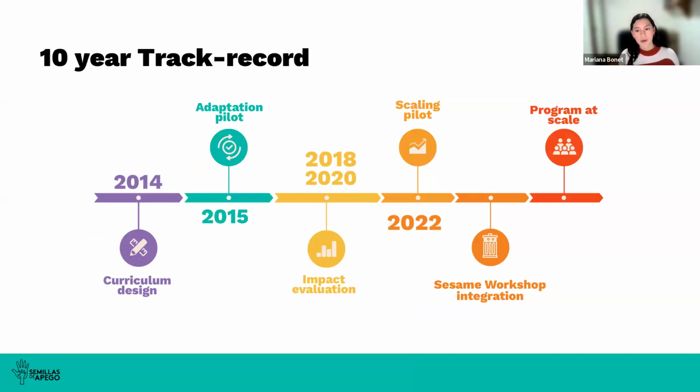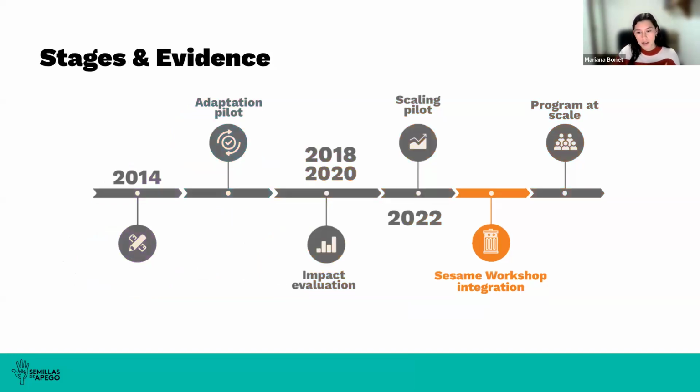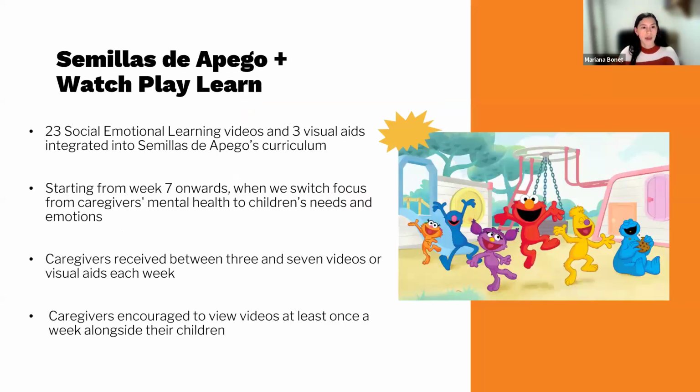By 2023, we had a few questions we still wanted to explore, such as how can we reach children directly? How can we promote these interactions with the families even after the program has ended? And how can we strengthen caregivers' knowledge on children's emotions? We paired up with Sesame Workshop and created this integration that added a crucial layer to the program's work, which was adding this content that would reach children directly and help them identify their emotions.